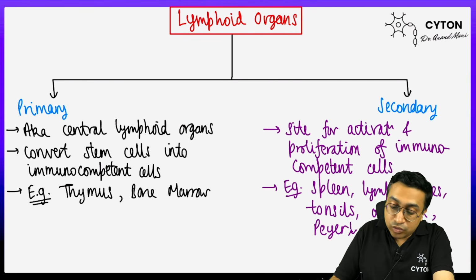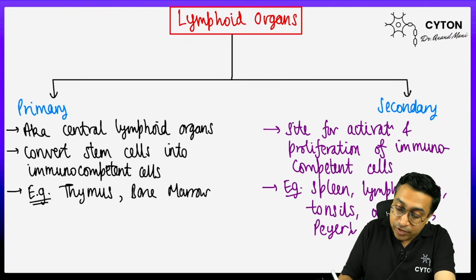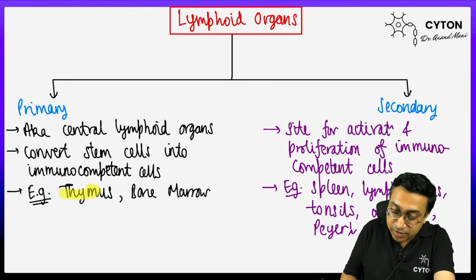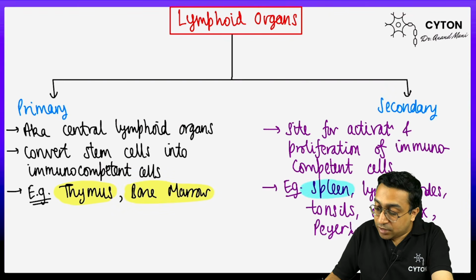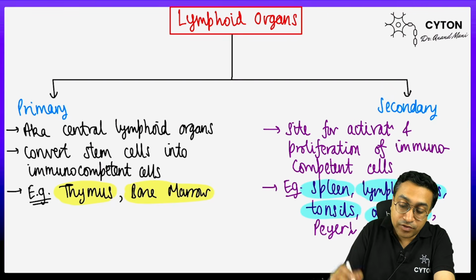Okay, so this slide contains very important information regarding the thymus and bone marrow, which are the primary ones, compared to the spleen, lymph nodes, tonsils, appendix. These are very important examples for the secondary ones. Okay,